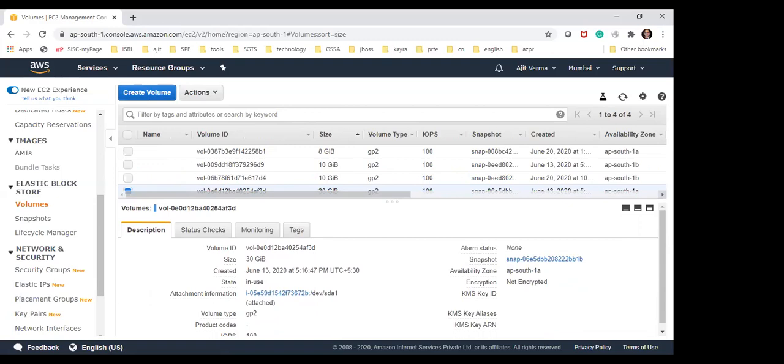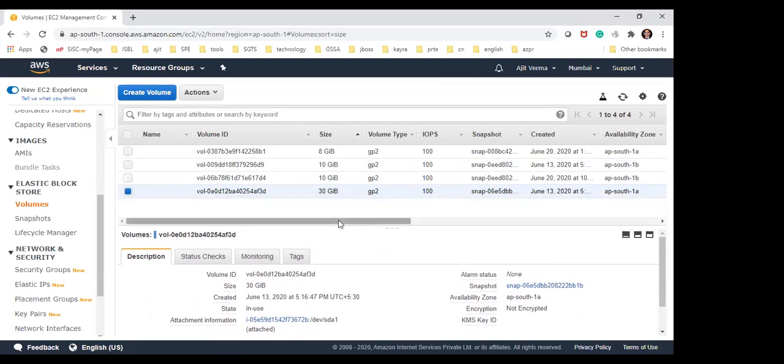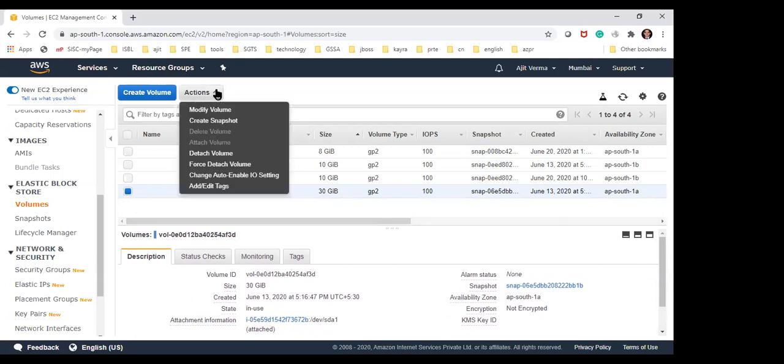Yeah, there is a snapshot available for that, and you can use that to bring back this OS itself. But let's not go there now. Select the action button. Anyway, you selected it and you want to create a snapshot, you can create a snapshot for it. You can detach the volume, you can force detach, and you can also delete the volume. Got it? Yeah.